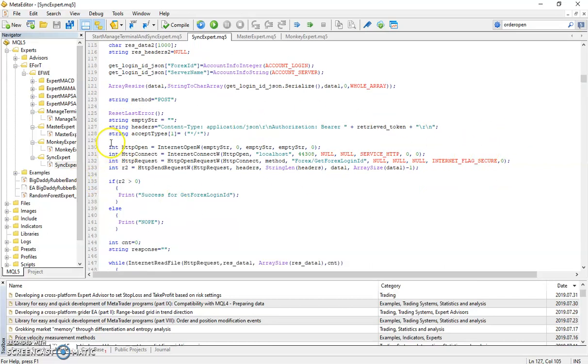And then you're going to need to do the set of functions like this. This one is set for localhost. So here you would have localhost, the port number, your path. I'm going to explain more of this in the Postman video if you don't know how to get this path. And then you would have internet flag secure, but only when you are using HTTPS. And when you're using HTTP, you would set this to 0. So make sure that localhost is HTTPS,